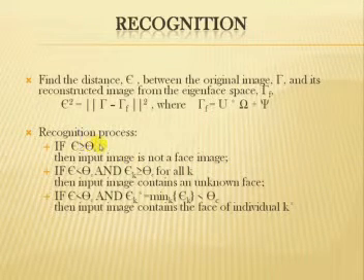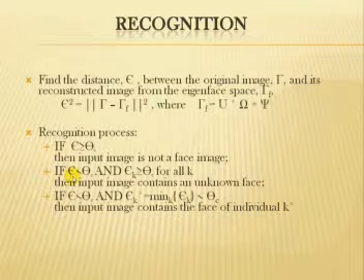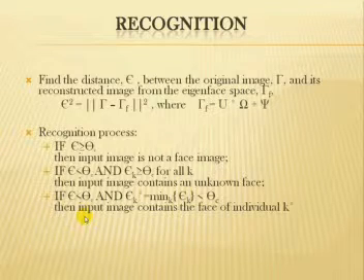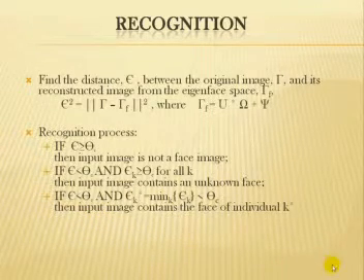The conditions are: if epsilon is greater than or equal to theta c, then the input image is not a face image. The second condition is if epsilon is less than theta c and epsilon k is greater than or equal to theta c for all k, then the input image contains an unknown face. The third is if epsilon is less than theta c and epsilon k equals the min of epsilon k, less than theta c, then the input image contains the face of individual k. Here epsilon stands for distance, theta c stands for threshold distance, and k stands for the number of